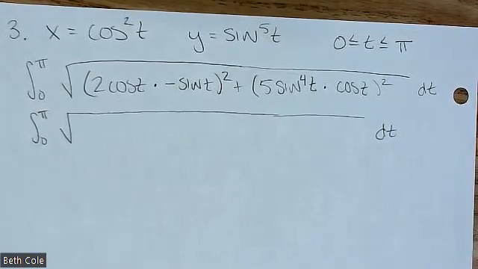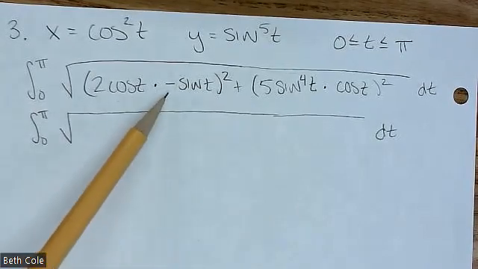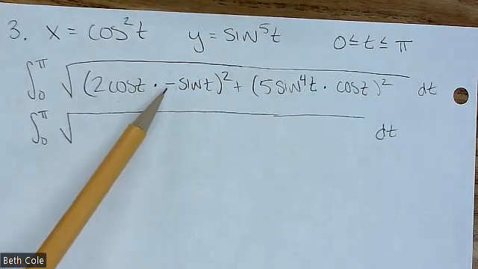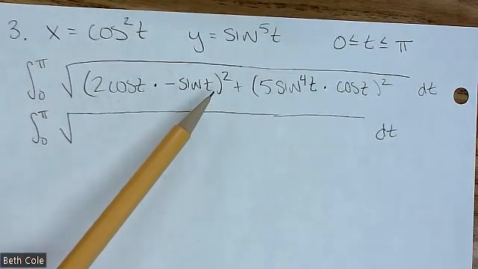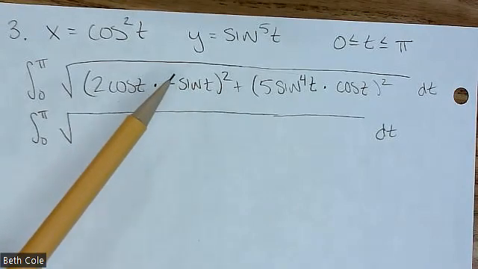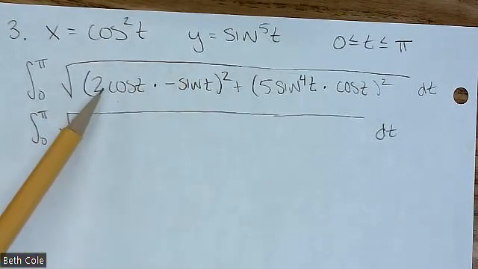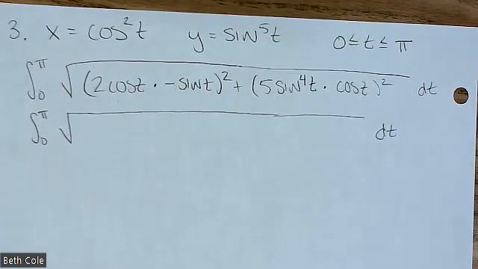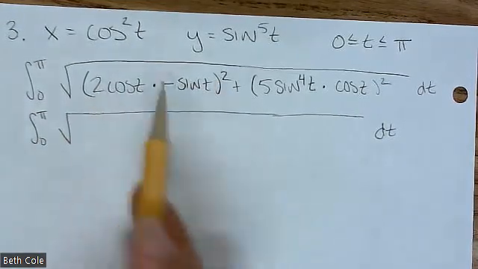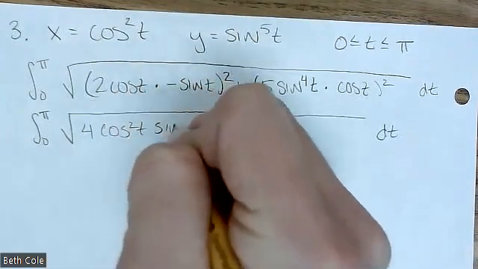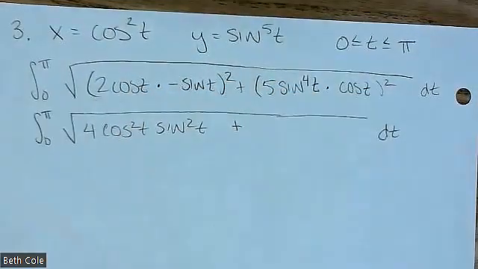Now, you can actually dodge a bullet with these if you forget a negative. They're kind of forgiving like that. If you forget a negative sign, why won't it actually matter? You're squaring, it's going to be positive anyway. So honestly, if you forget a negative, you kind of end up with the right answer anyway. But anyway, squaring a negative, it's going to be positive what? 4 cosine squared sine squared plus,